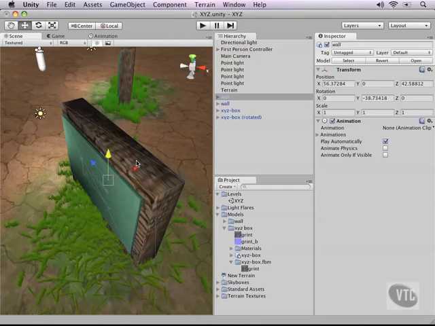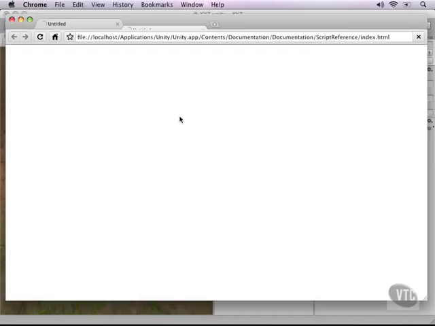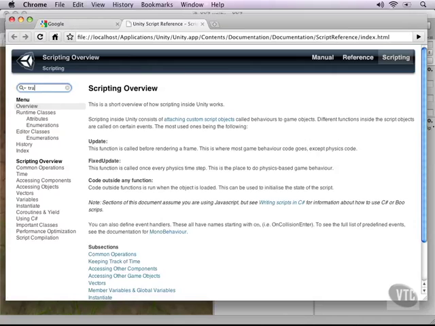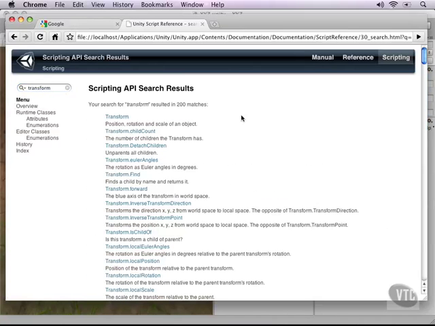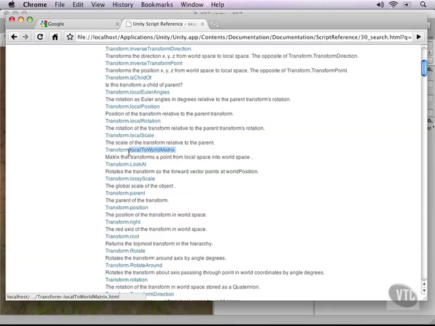Now, you might be thinking, okay, this is interesting now, but how do I do this in script? How complicated is it? It's not that complicated at all. In the next video, I'll show you how to throw things in 3D space, but let me just give you a sneak peek right now of the most used functions that we use to do this in 3D space. If I click the help button and then go to the scripting manual, and in the search box type transform, it will show me everything I can do with the transform of a game object in Unity 3D. If I scroll down, you will notice a couple functions that are local to world matrices or have the name local in them, and these all have to do with the local position or angles or rotation or scale of